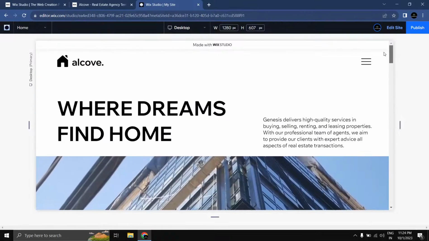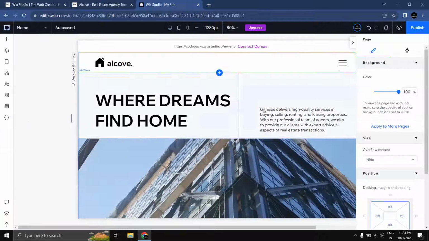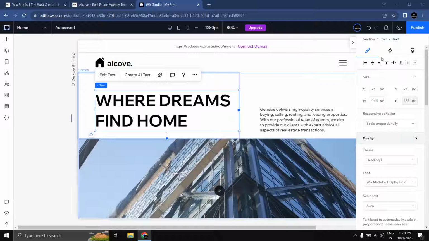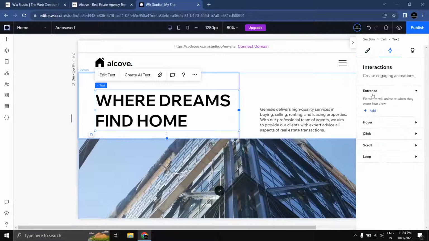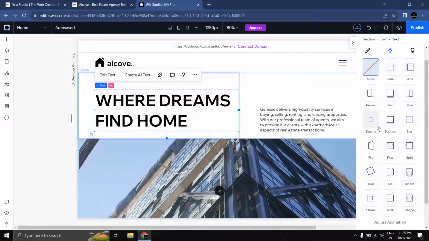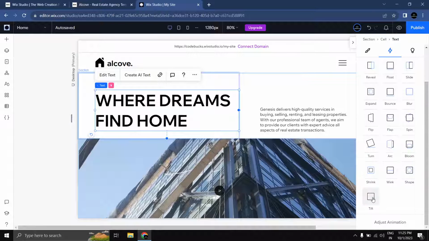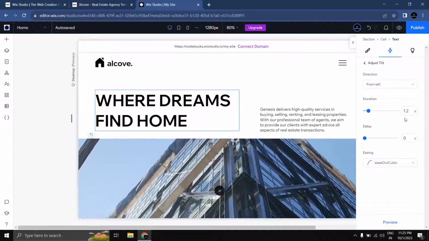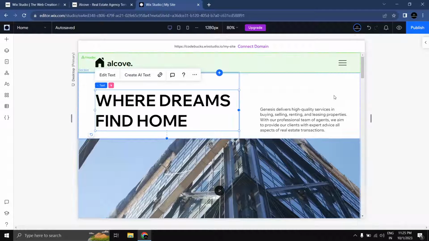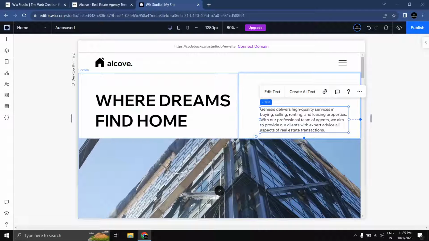Now let's add the animations. So for this text, select this text and click on the interactions, and on the entrance, let's select the tilt animation. You can adjust this animation from here, and looks great. Now for this paragraph,